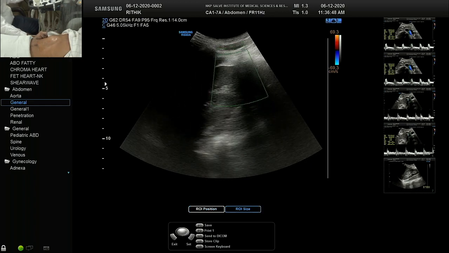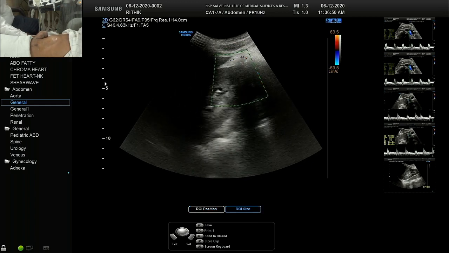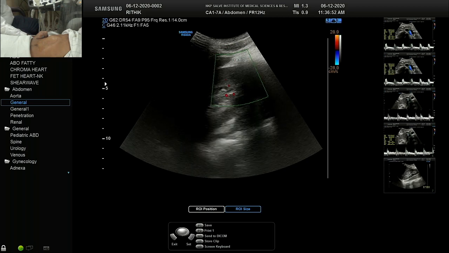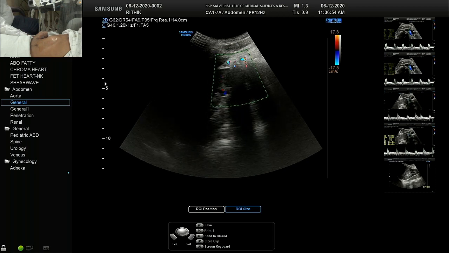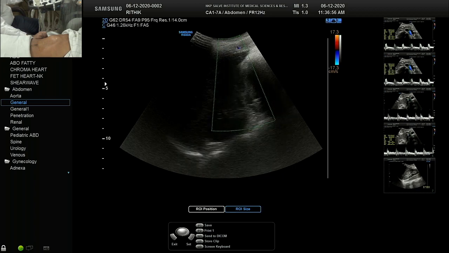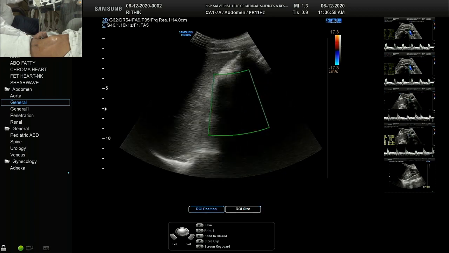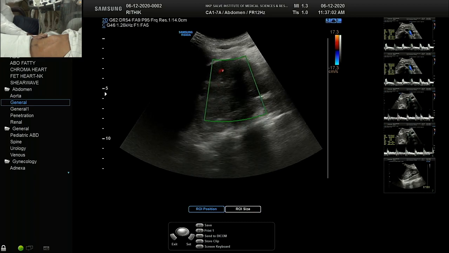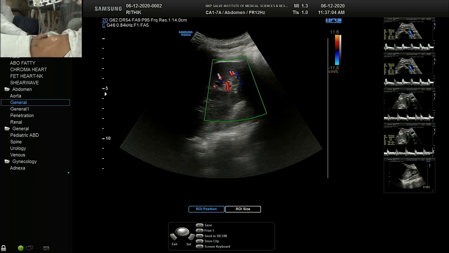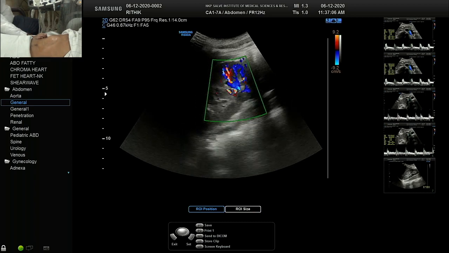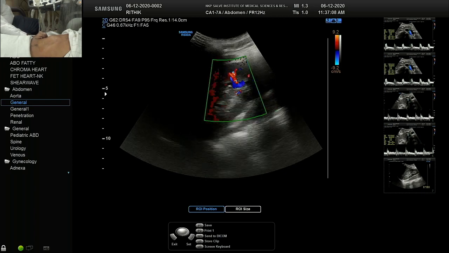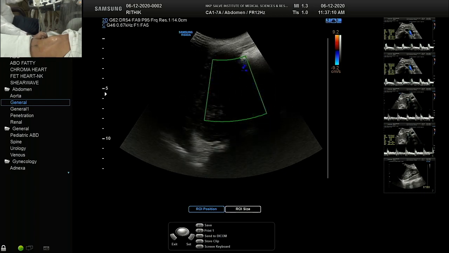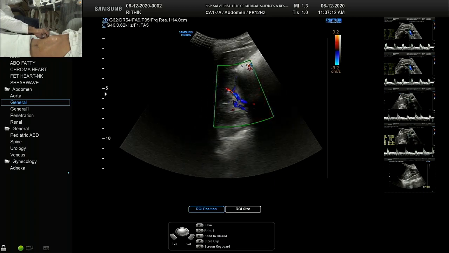So we begin our color examination. We had increased the color scale too much to see the main renal artery, so we can go back to the normal range of velocities. For segmental and intrarenals, you should have a lower scale so that you can see the vessels throughout the renal parenchyma, right from the hilum to segmental to all other vessels.